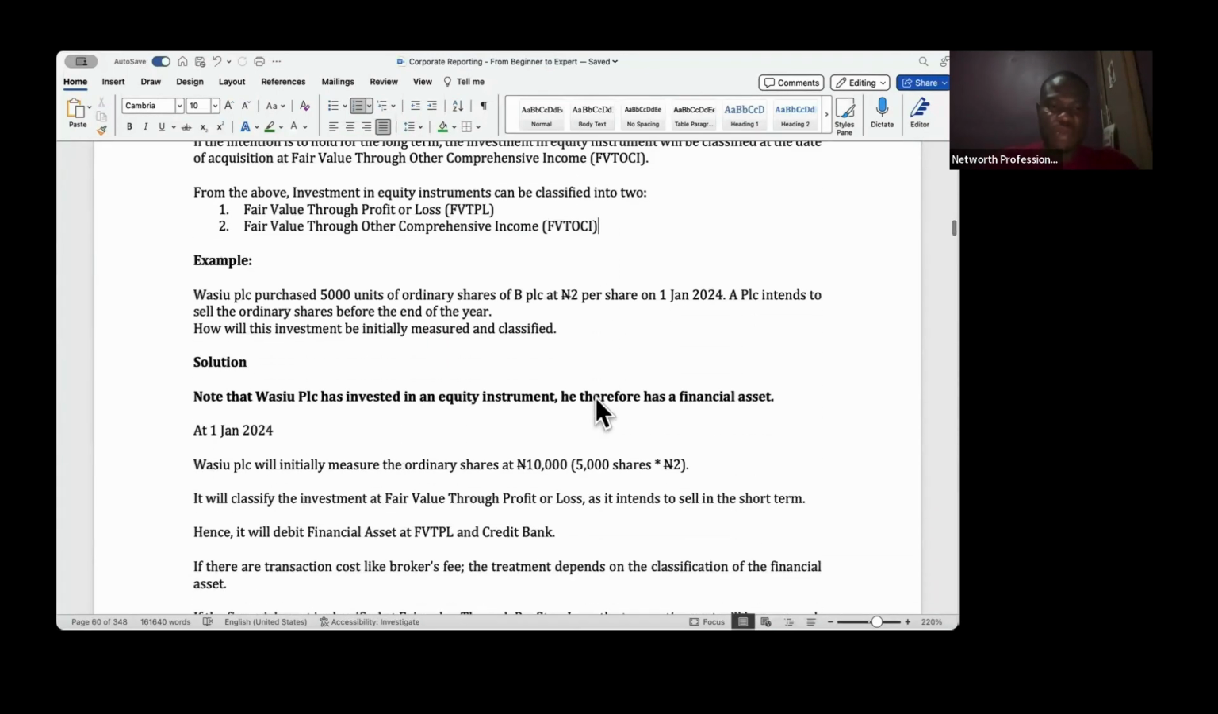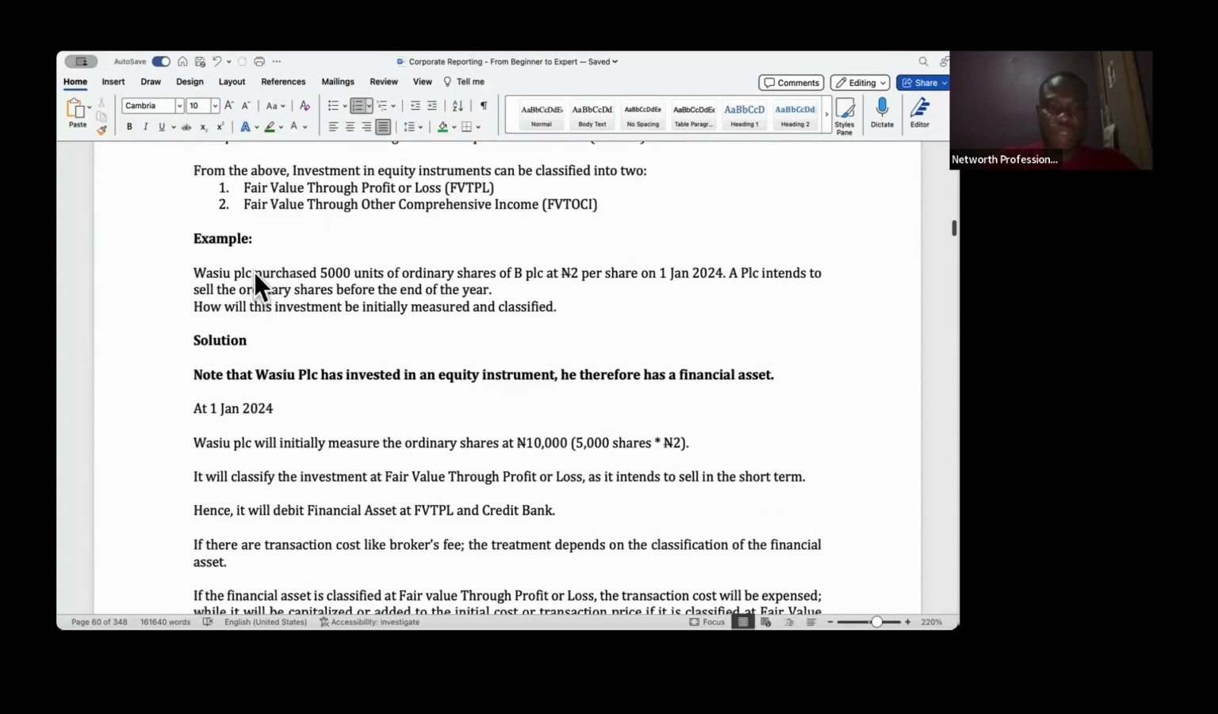Now, I'll give an example of that. If Wasiu PLC purchased 5,000 units of shares at 2 Naira each on 1st of January 2024, and Wasiu PLC intends to sell the ordinary shares before the end of the year, how would this investment be initially measured and classified? Again, it will be initially measured at the transaction price, which is the amount you paid, 5,000 shares